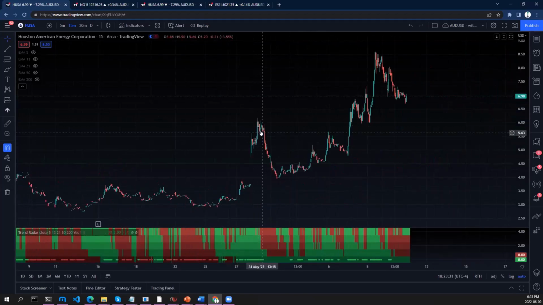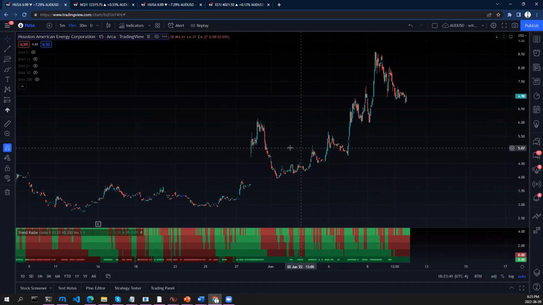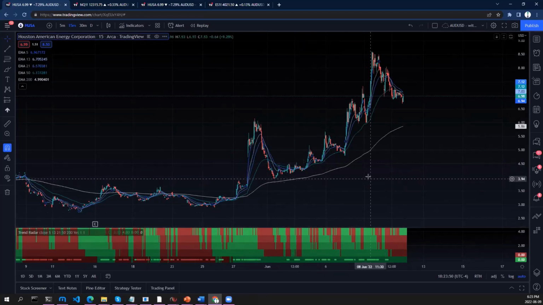And although we had this big sell-off here and some intermittent pullbacks in the shorter term periods, we see that the long-term bullish trend has still kept up, and we've seen price continue to go up. And when I enable the EMAs representing the different rows of Trend Radar, we can see how that occurs. We're fighting with the shorter term EMAs, but the long term, we've stayed above it in this uptrend.